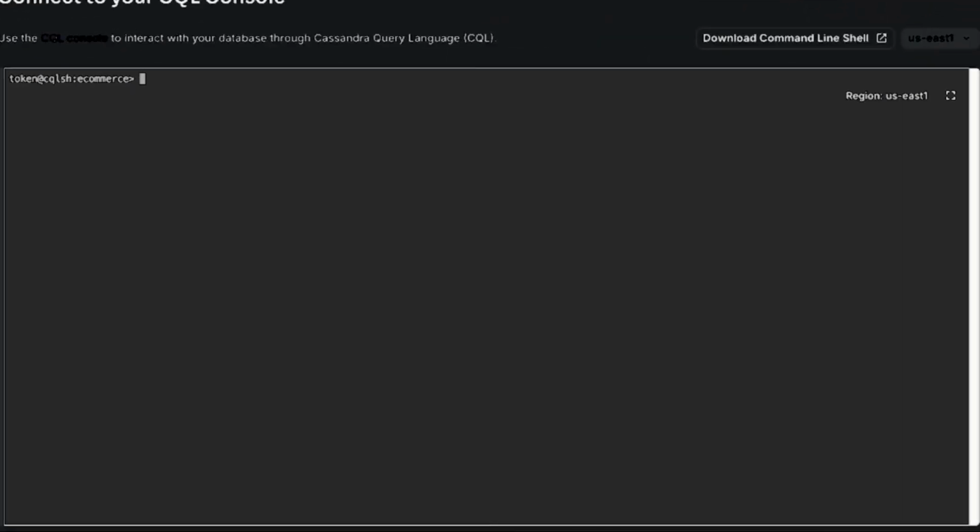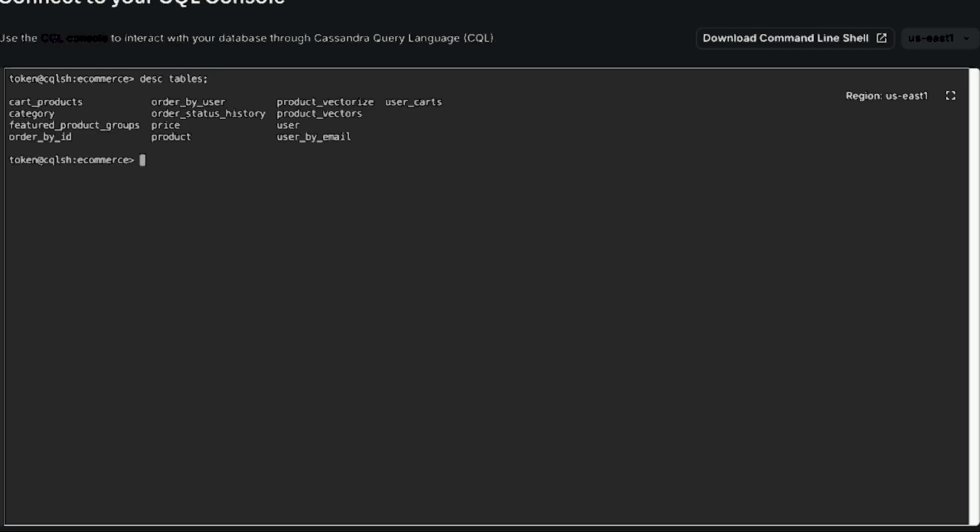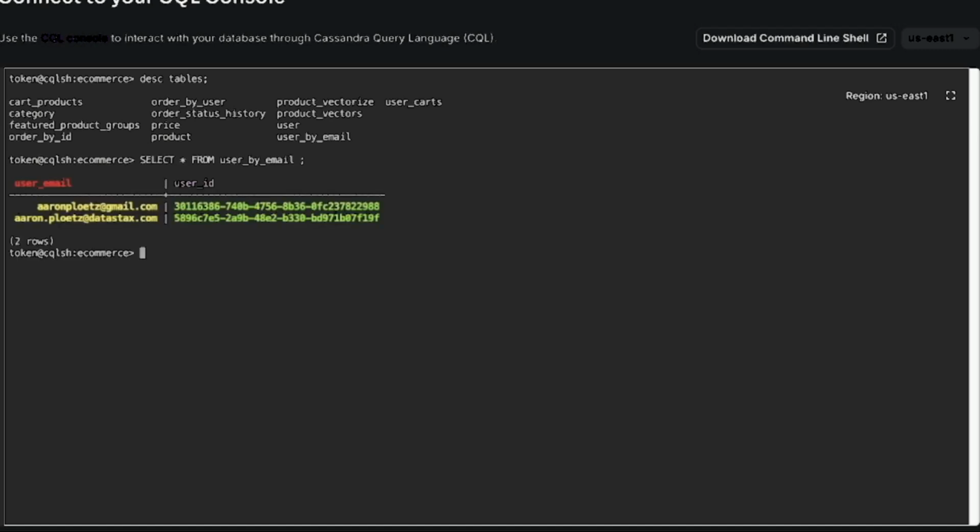All right, let's go. So let's start out by having a look at our e-commerce keyspace. If I say desc tables, the two tables I'm primarily concerned with today are user and user by email. This is what we talked about last time as the manual indexing data modeling approach.